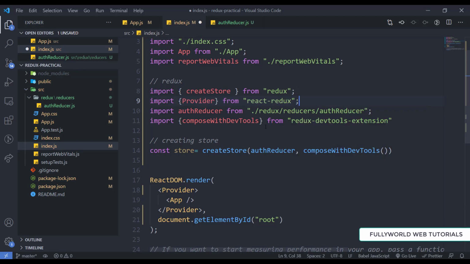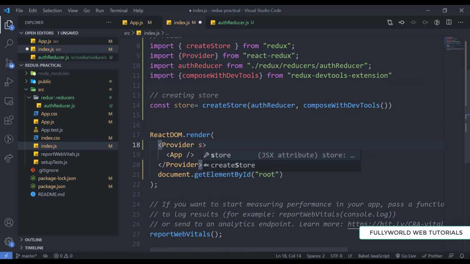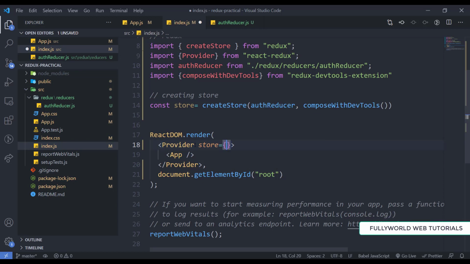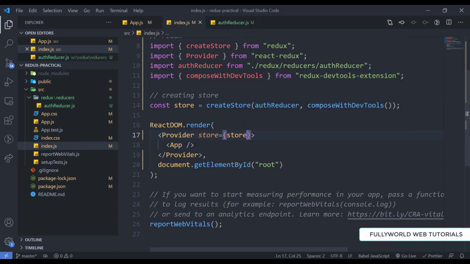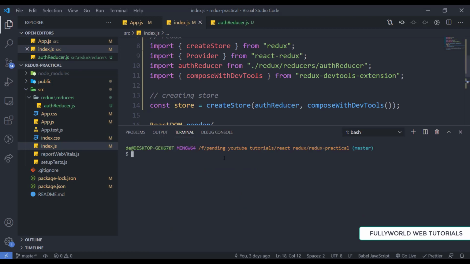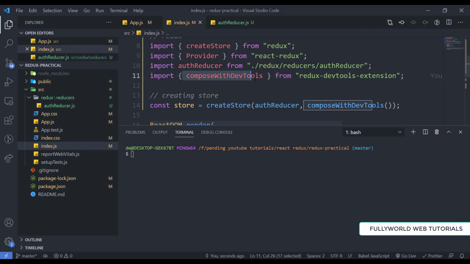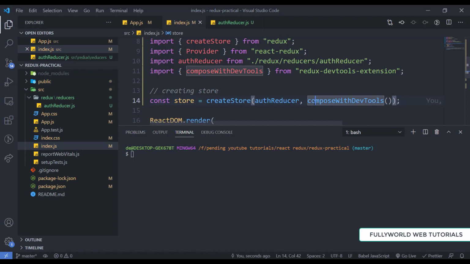Then here we have to provide the store. So save it. Now let's run our app and see if our basic Redux is applied or not. We will see that in our Redux DevTools extension, which is why we mentioned the compose enhancer.